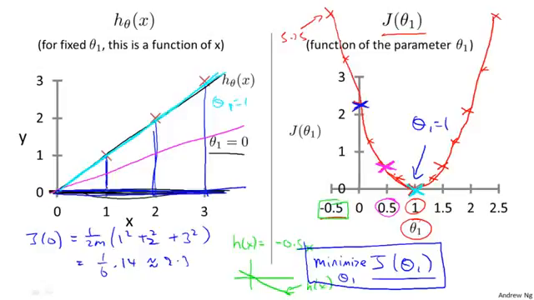So, to wrap up, in this video we looked at some plots to understand the cost function. To do so, we simplified the algorithm so that it had only one parameter theta 1, and we set the parameter theta 0 to 0. In the next video, we'll go back to the original problem formulation and look at some visualizations involving both theta 0 and theta 1, that is, without setting theta 0 to 0. And hopefully that will give you an even better sense of what the cost function J is doing in the